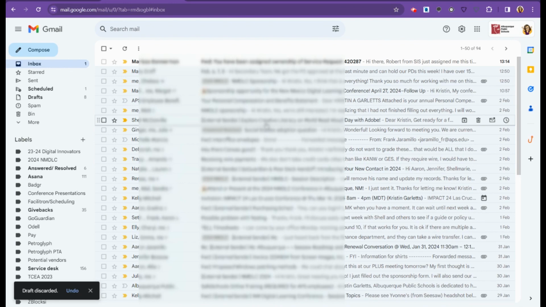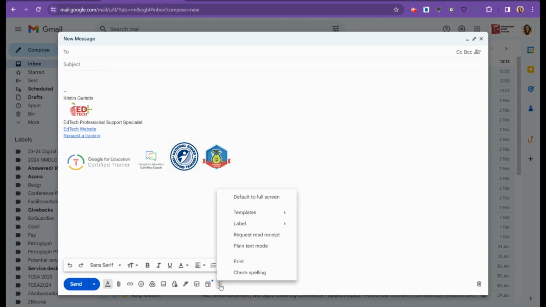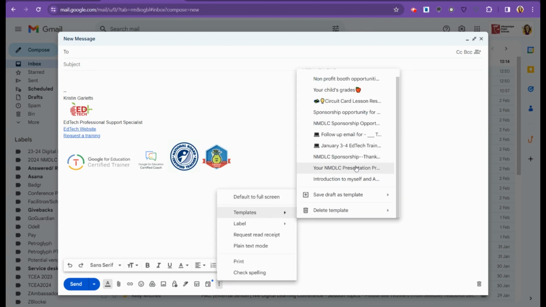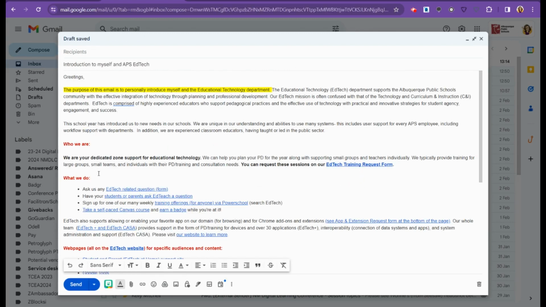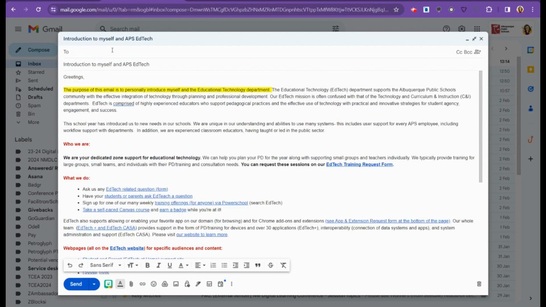Now, whenever I'm ready to use that template, all I do is click on the Compose button, click on the three dots, hover over Templates, and then click on the template that I just created. That email is now here. It looks the way that I would like it to, and all I have to do now is add in